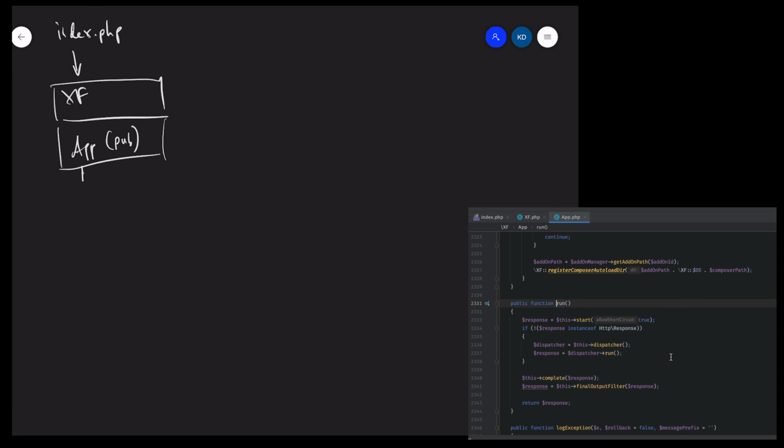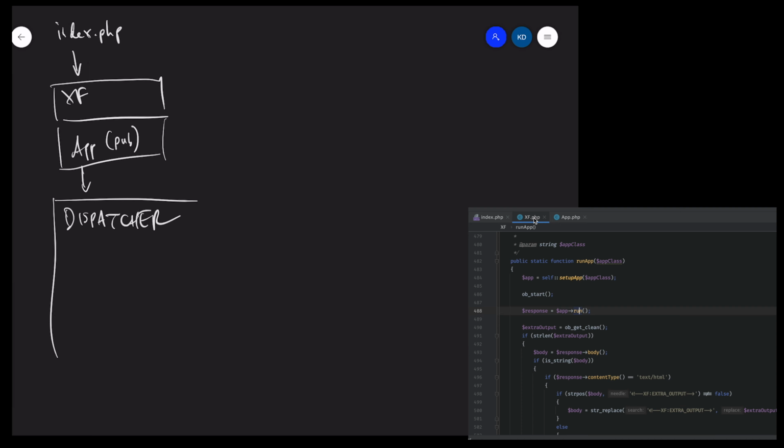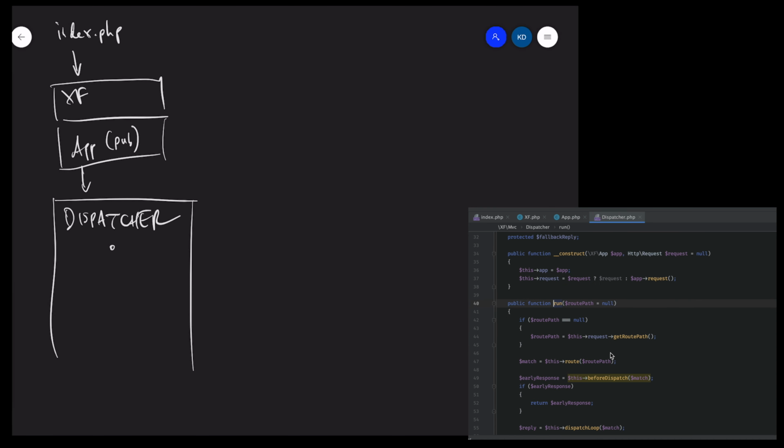Then the app will start up the dispatcher, which is the first major component here. The dispatcher's job is to work out what to do with your request. So the first thing it needs to do is to hand off to the router,